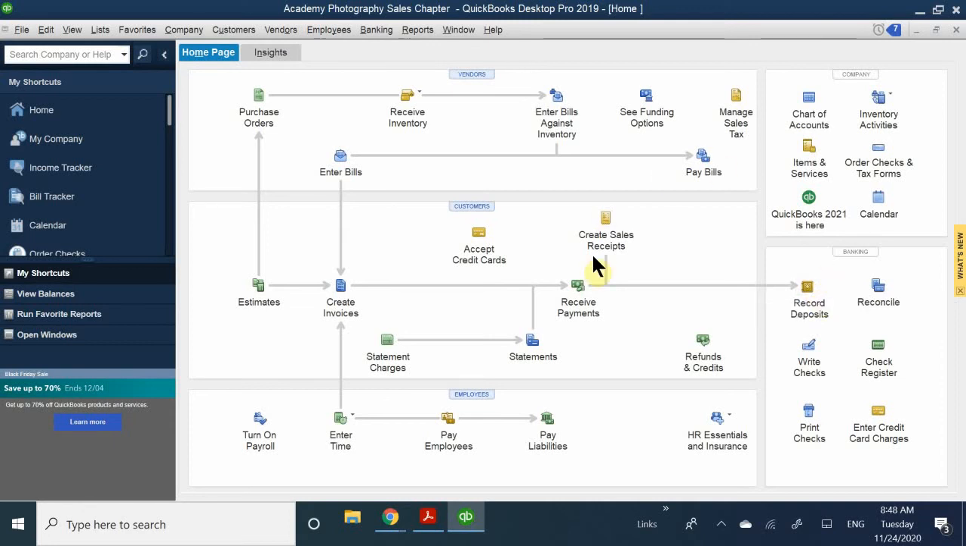Now, if we're looking at a sales receipt, right? If the transaction has occurred and someone paid you, it's right here and it automatically goes straight to the undeposited funds, okay? We'll talk about statements in Chapter 3. And we'll talk about statement charges in Chapter 3 as well, okay? So now that we got to see the flow of transaction, we're going to go ahead and look at the